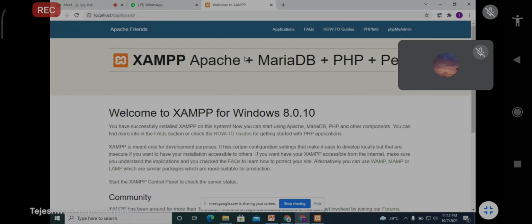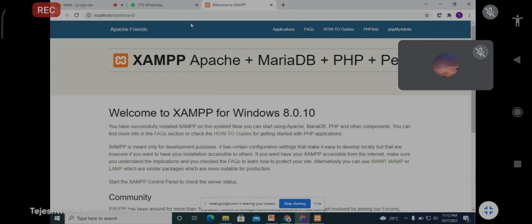You will get this screen: XAMPP, Apache plus MariaDB plus PHP and Perl. If you get this screen, then you understand that your installation is proper, that your XAMPP server installation is correct.